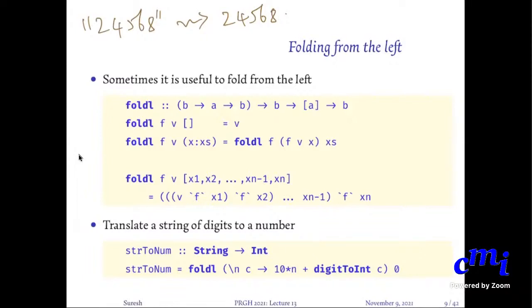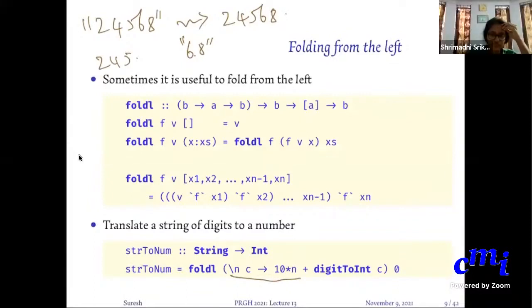Because you have to now compute how many digits there are actually in my current number, and then I have to multiply my digit by 10 to the power of that, etc., etc. That's a little more work. It's better to do it from the left. I currently have 245, and then I have 68. Now I want to add 6 to the right of 245. What do I do? I multiply 245 by 10 and add it to 6. That is what this is doing.